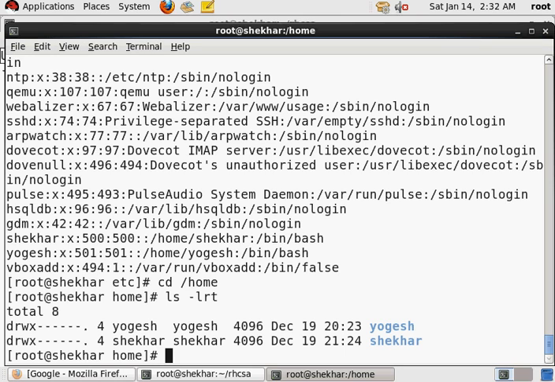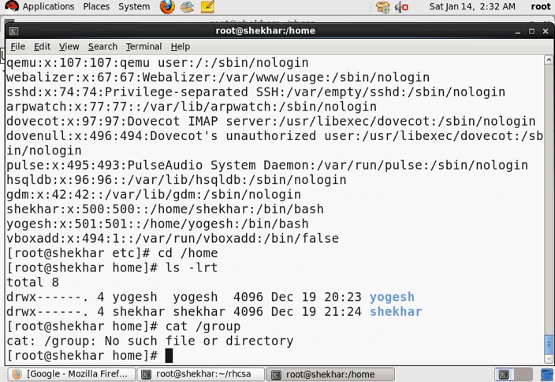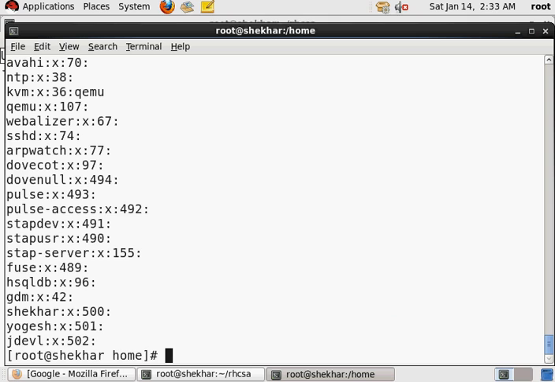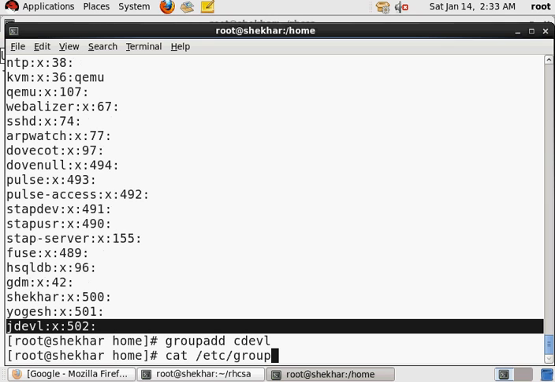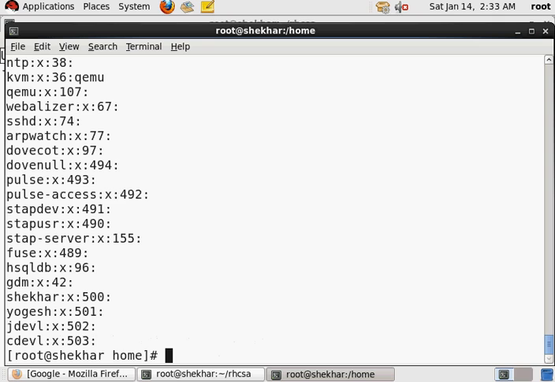The secondary group. First, do we have another group? I think I deleted a group from the group file. So /etc/group. I have a Java developer. Let me add a group again. groupadd C developer. I have a new group now, which is a C developer here, and now I'm going to change